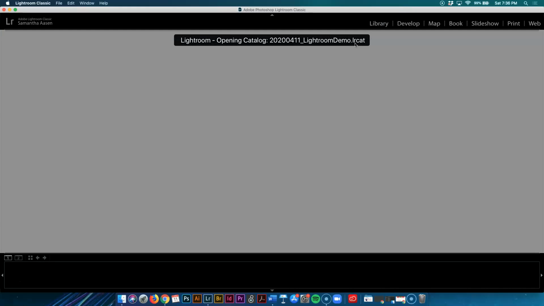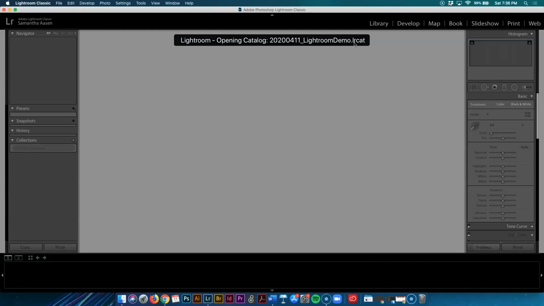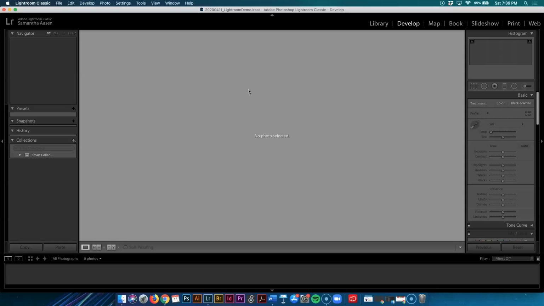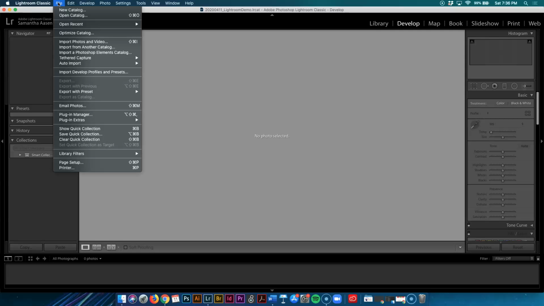And it's a .lrcat file, or LR cat for Lightroom catalog. And you're going to have a screen like this. This is sort of our digital darkroom. So the first thing we're going to do is get our negatives in, our digital negatives, our raw files. So we're going to File,